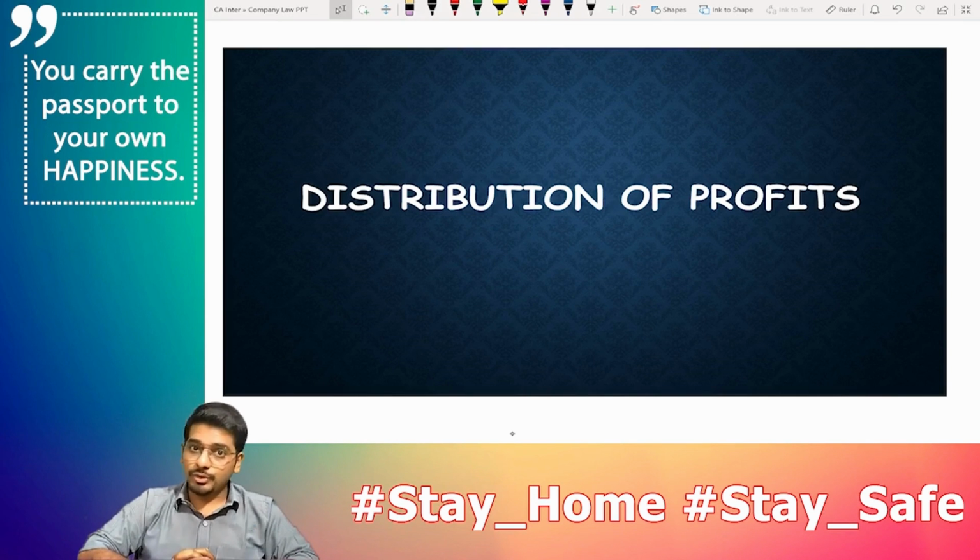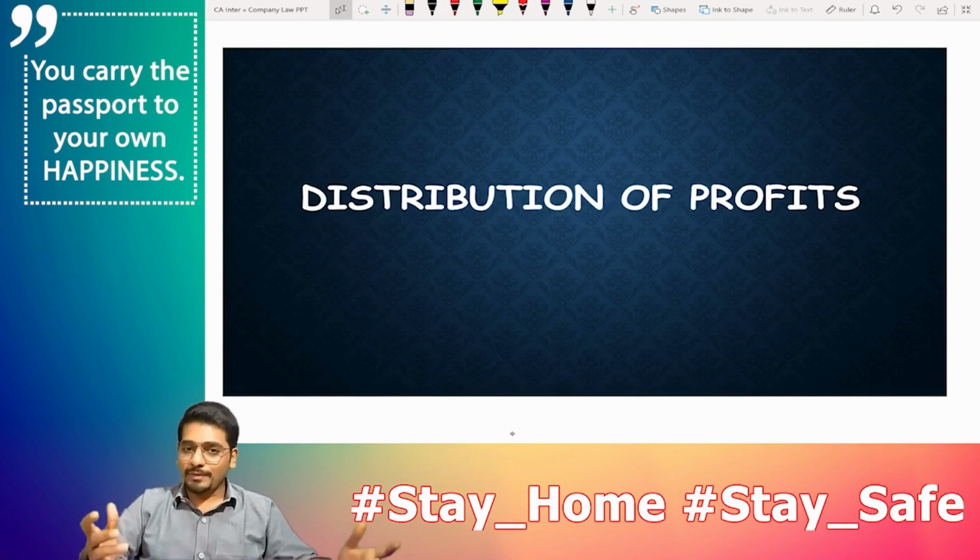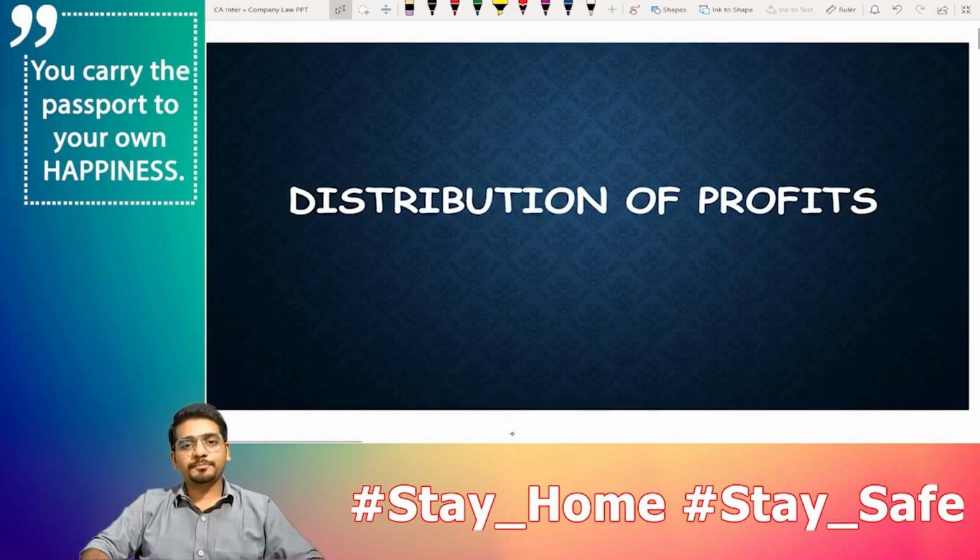Chapters like prospectus, you have to remember section numbers. Charges, you should remember. Deposits, you should remember. Accounts of the companies, fewer sections, you should remember. General meetings chapter, of course, at least 20 sections from that chapter you should remember. So all in all, out of the 148 sections applicable, near about 100 or so, you are supposed to remember. So when I say that in this chapter you don't have to remember sections, wear a smile and be like, oh, thank God. All right. But yes, of course, if you remember, it's always good. There is no harm in that.